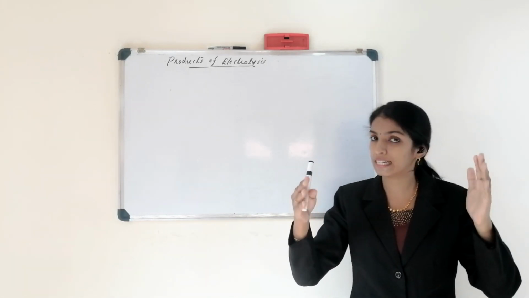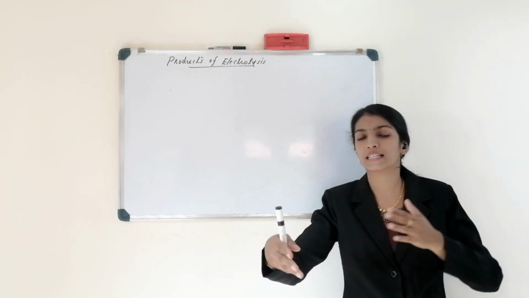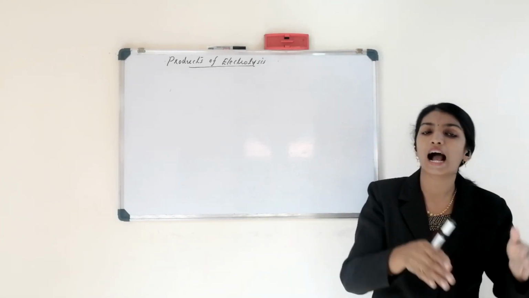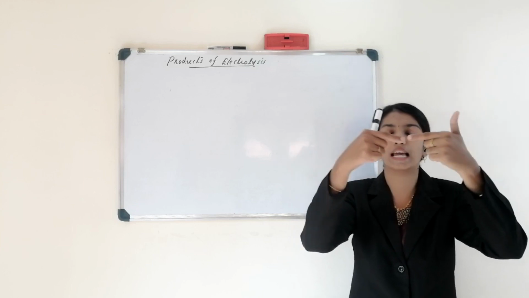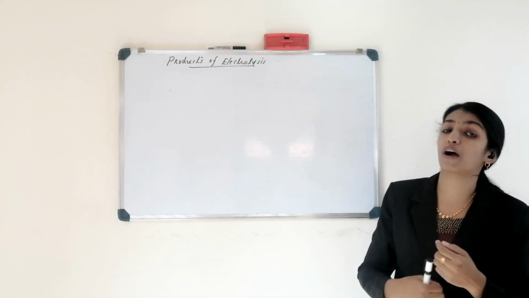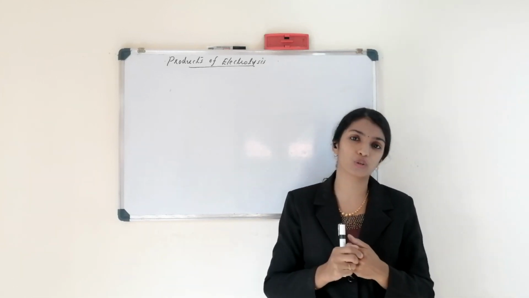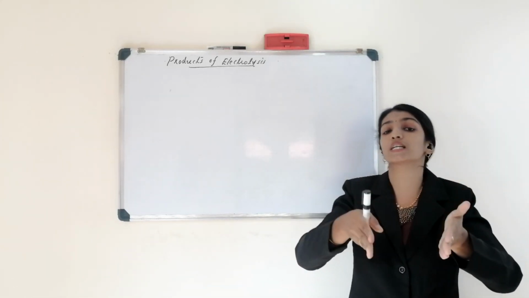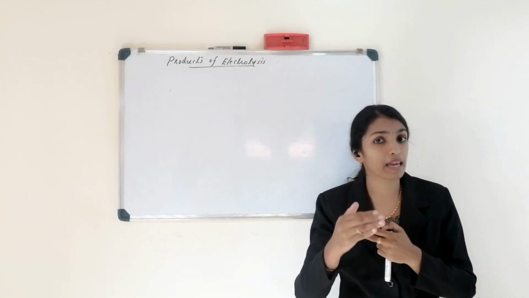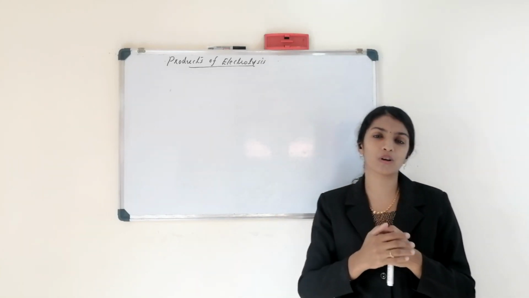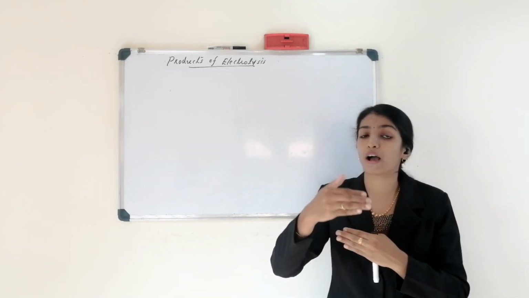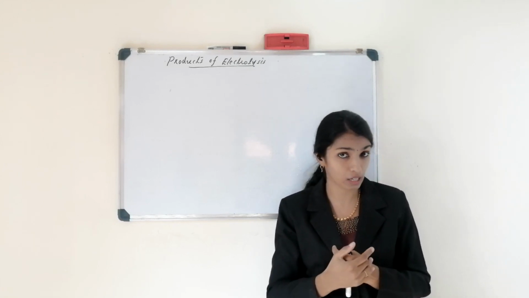Okay, in an electrolytic cell, I have told you that there is an electrolytic tank, an electrolytic solution and two electrodes which are connected externally through a battery. Then what are the various factors which affect the products of electrolysis? The electrodes immersed in the electrolytic solution may be of two types. It may be either an inert electrode or a reactive electrode. That is the main factor which decides the product of electrolysis.